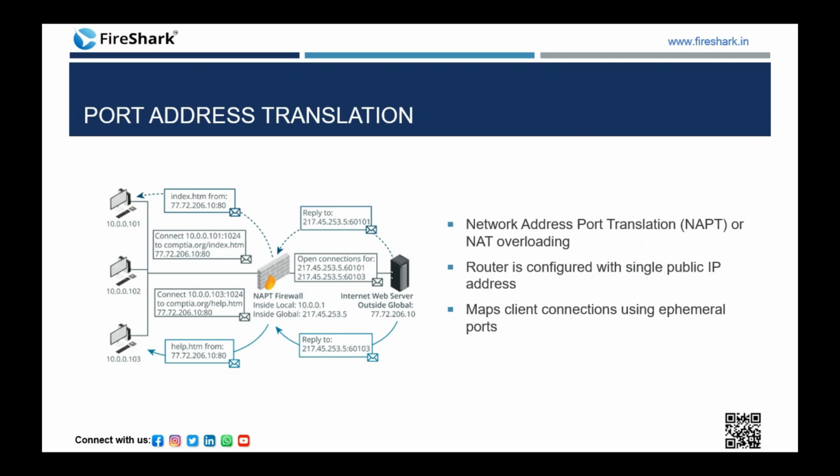So in its internal state table, it then replaces the private IP addresses with the public IP addresses and forwards these requests to the public internet. Now when responses come back from the internet, PAT performs a reverse mapping, and it uses the information stored in its state table to match the returning traffic to the appropriate internal hosts, and it replaces the public IP addresses and port numbers with the original private IP addresses and ports,